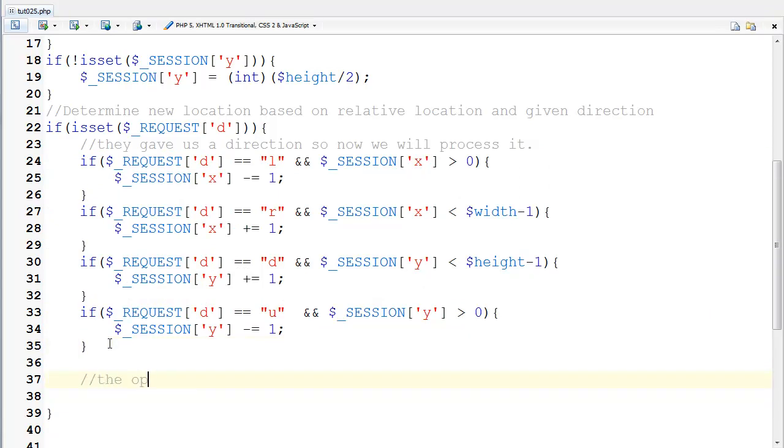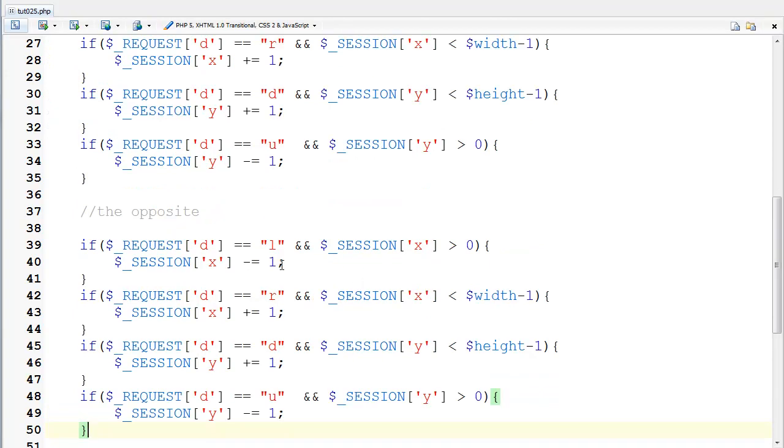So if I'm hitting the boundaries, I need to say, sorry, but you just bonked your head. So I'm going to go on and do something stupid here and